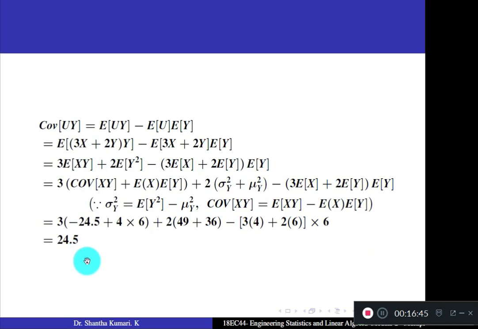A simple question, but when this is asked, you need to substitute for u and then expand and simplify. And you should know how to use the given terms. Only a few terms are given. Using that, we are finding the unknown terms. For example, here, actually expectation of xy is required, but we don't have that answer. We have the answer for covariance of xy and mu x and mu y. So we are using this. So remember. So we obtained the answer for the third question now.